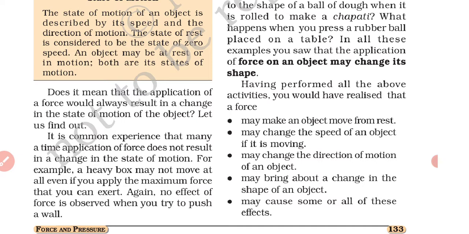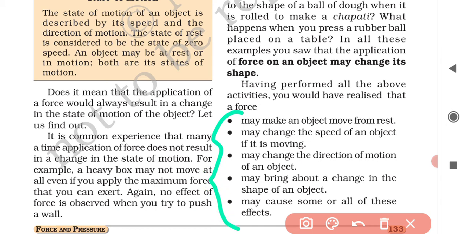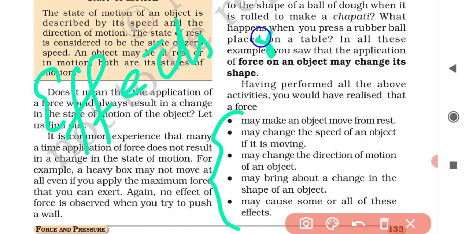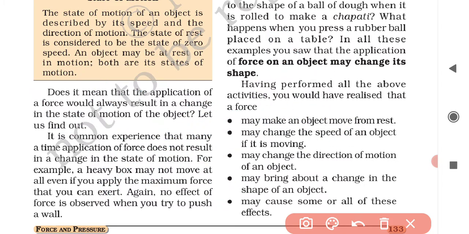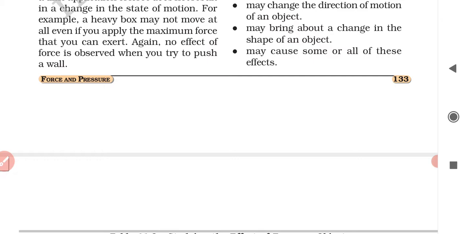And lastly, a force may cause some or all of these effects. So these are actually the effects of force. Force can show some or all of these effects.